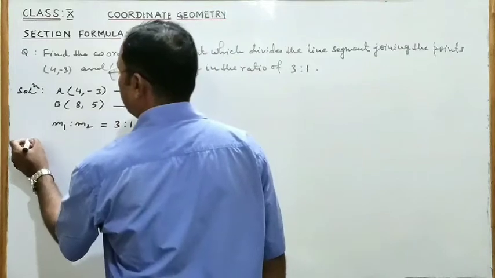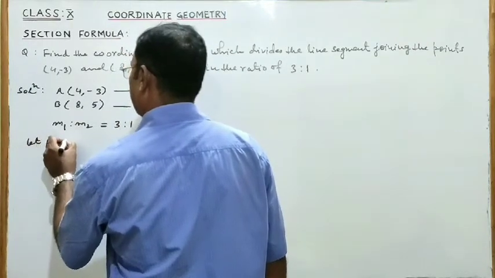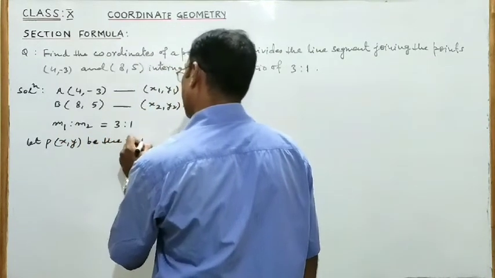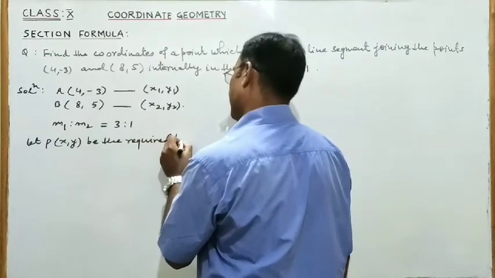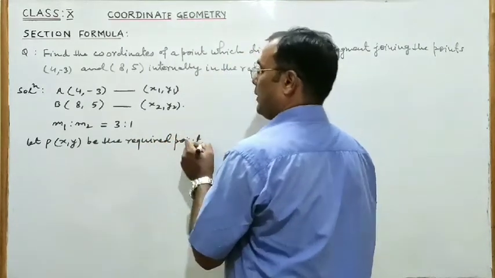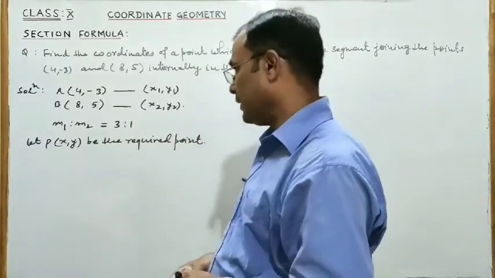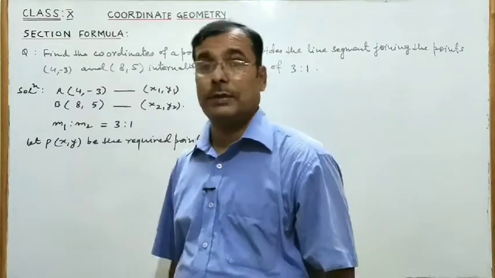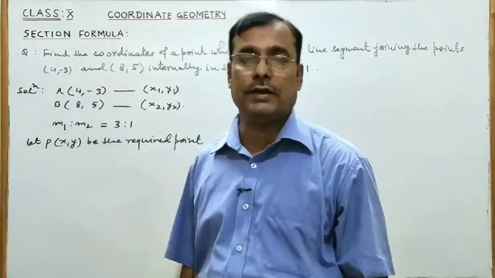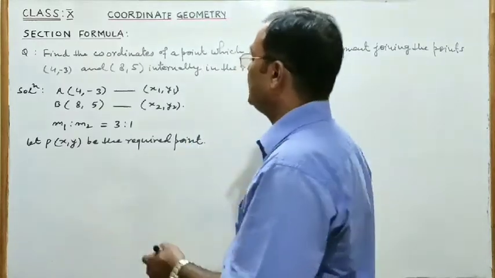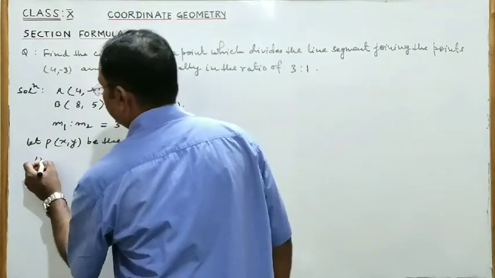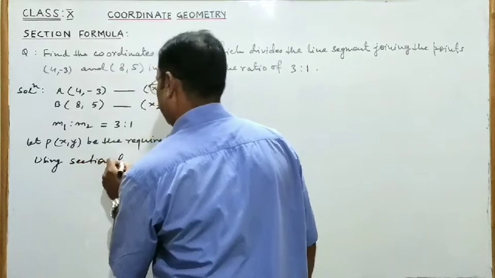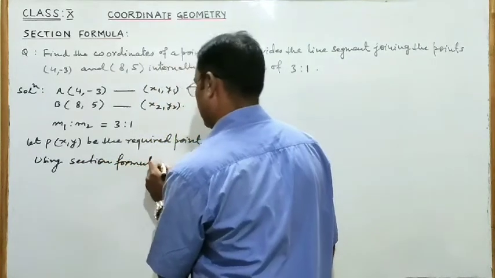Let P (x, y) be the required point which divides the line segment joining the two given points (4, -3) and (8, 5) internally in the ratio of 3:1. So using the section formula, we get